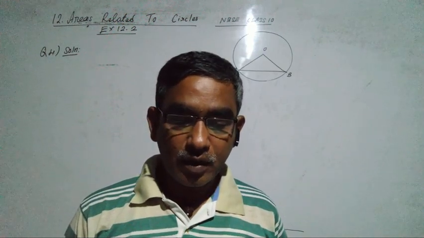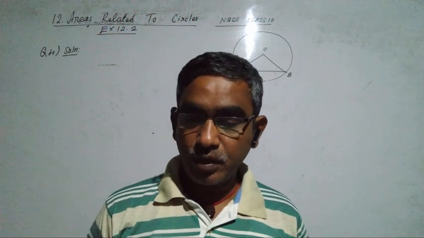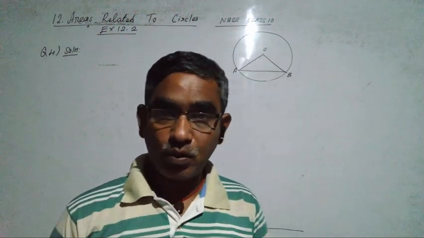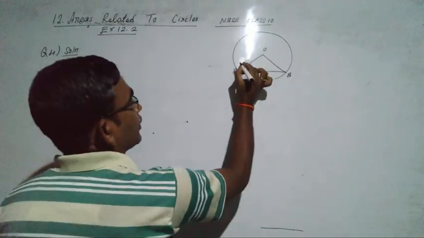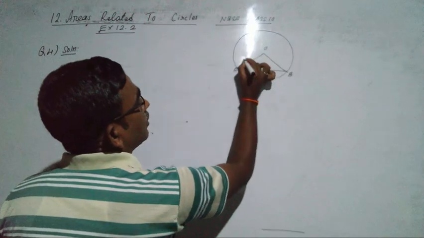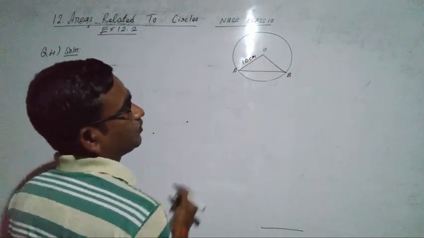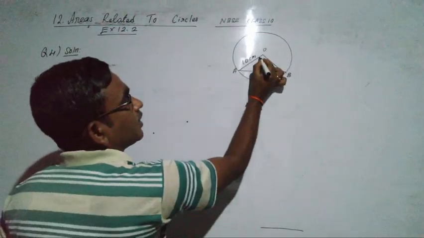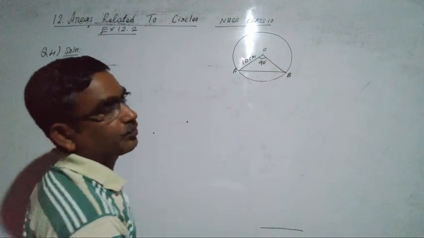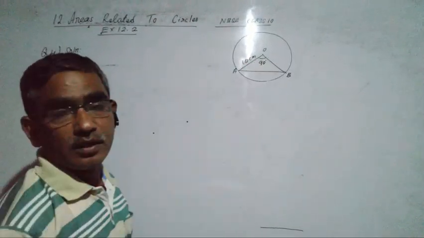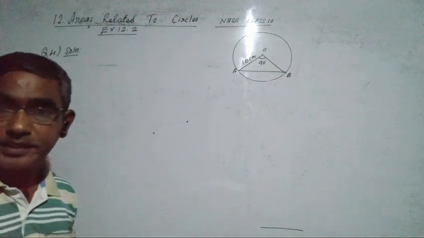Find the area of the corresponding minor segment and major sector, but use pi value 3.14. The question is given. A chord of a circle of radius 10 centimeter. AB is a chord, and the circle of radius becomes 10 centimeter. This chord AB subtends a right angle at the center, and right angle means 90 degree. So radius is given, 90 degree is given. We require to find out the area of the minor segment as well as the major sector.